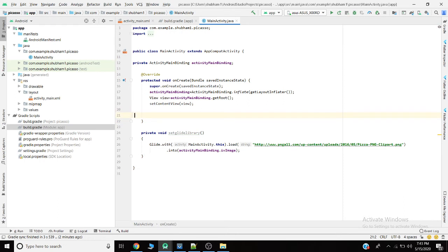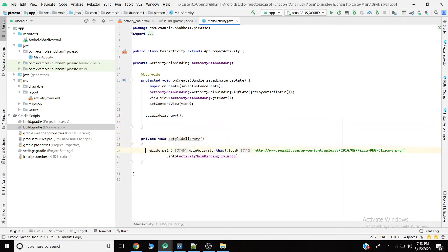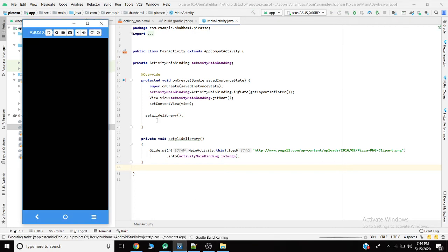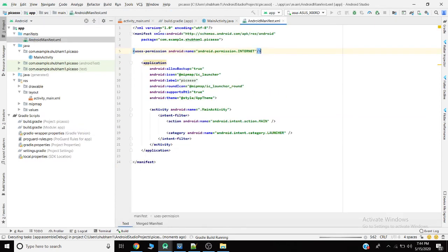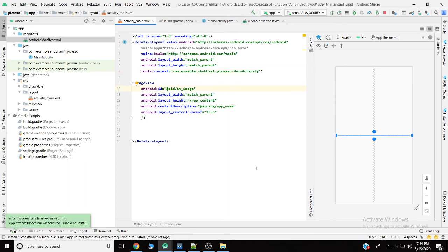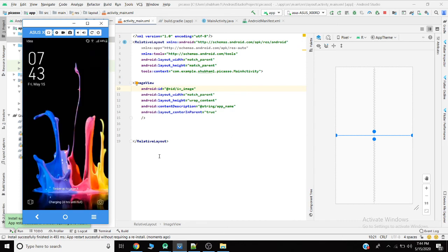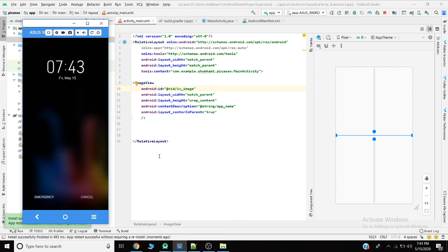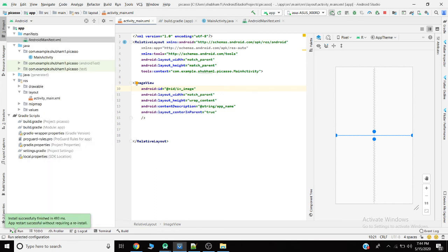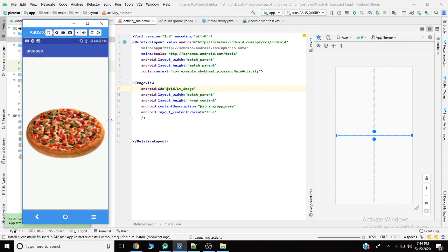Now here we will call the method. Here we will give the internet permission. Here is the image